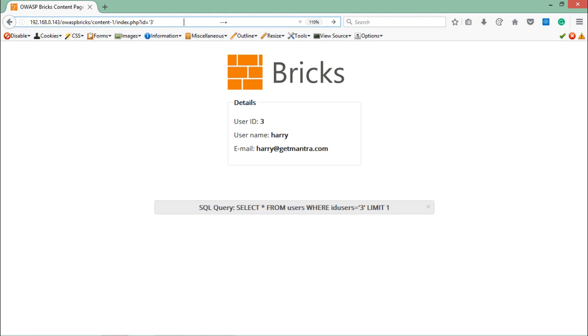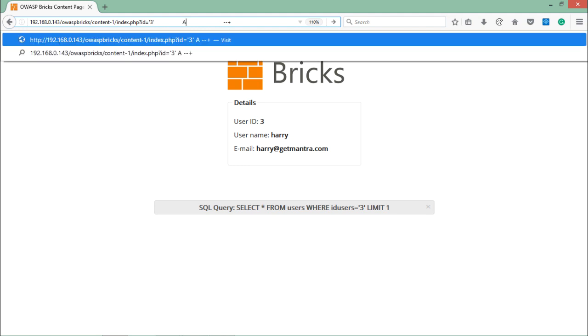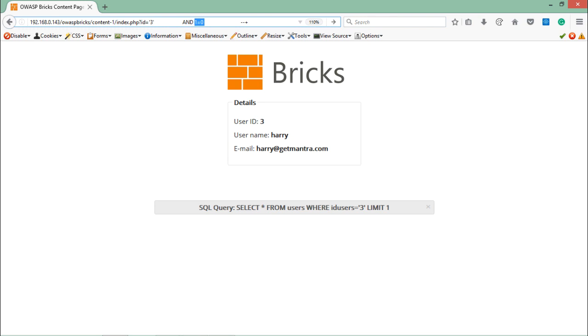And here at this point we can execute our own SQL query and try to fetch the data from the database. In order to check whether we are able to execute an SQL query or not, let's try to write a simple and 1=0 statement. So if I just write here and 1 equals 0, this condition is not true. Now if I just hit enter,